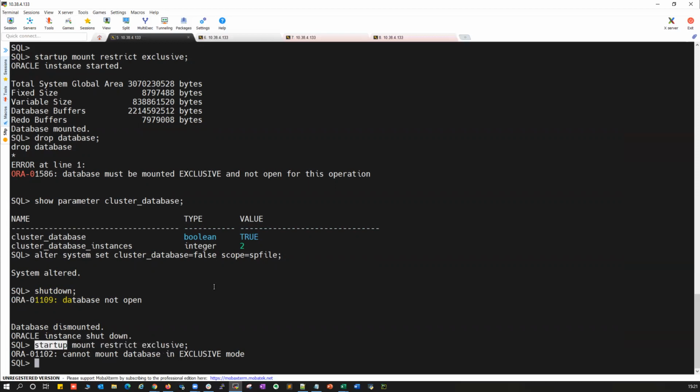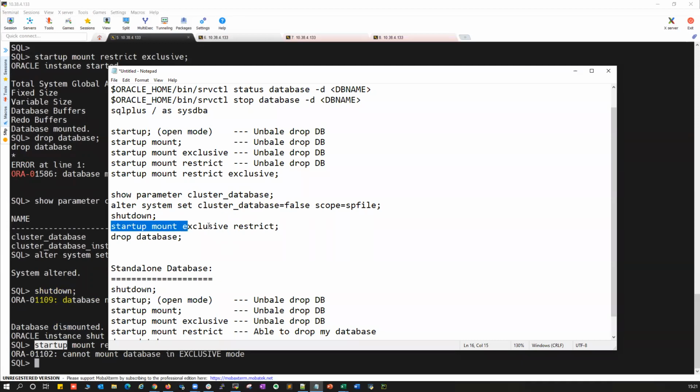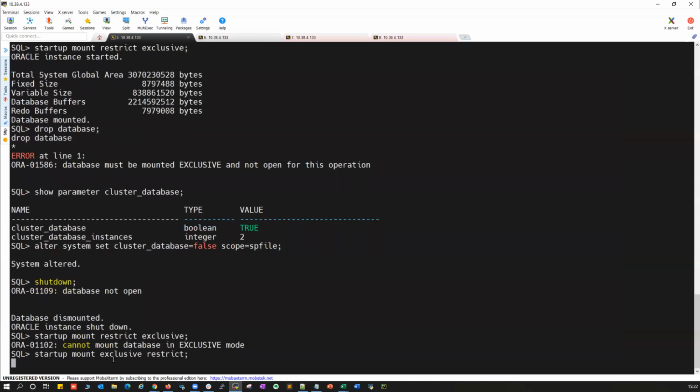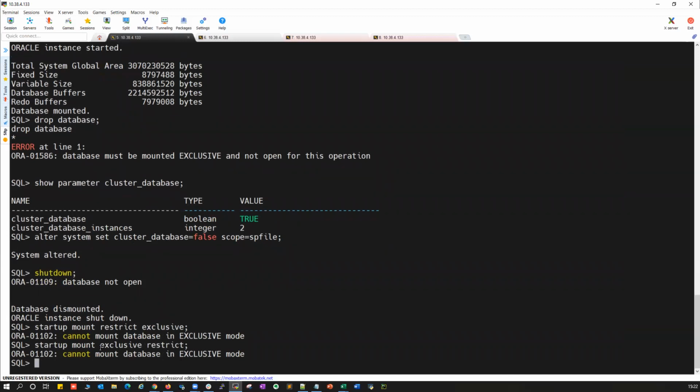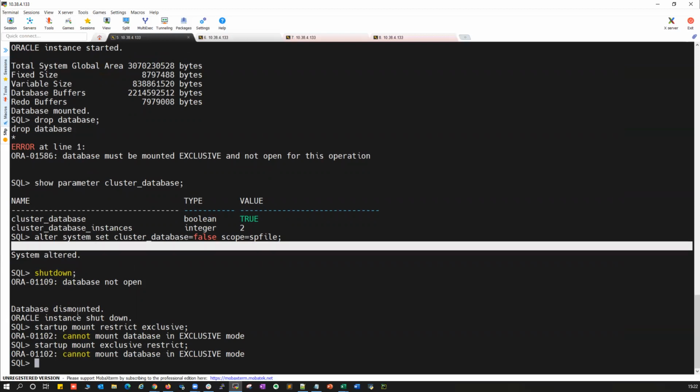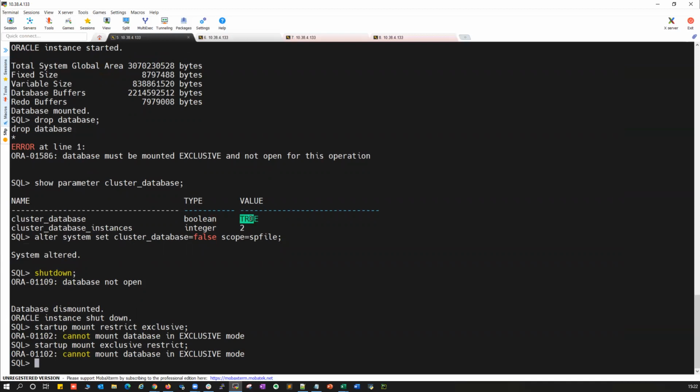Let's do it in reverse order. Restrict exclusive, exclusive restrict. Yeah, mostly that is, I think, order sensitive. Cannot mount your database in restrict mode. Before that, let me verify whether this particular parameter is set to false or not.